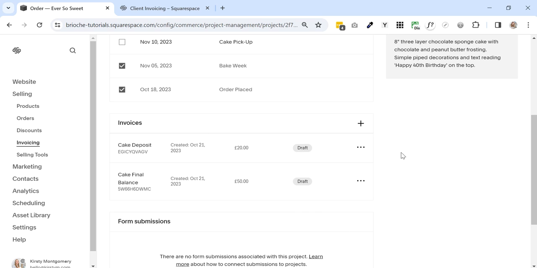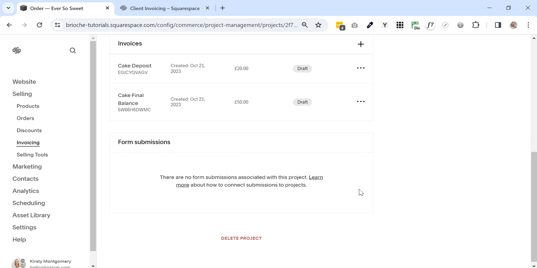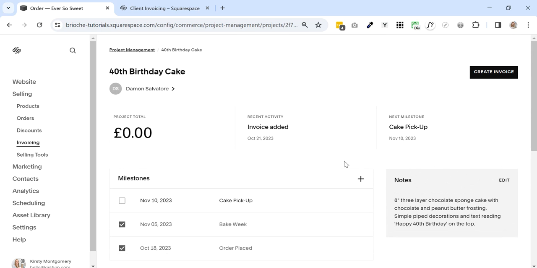But it just means going through the add invoice process twice. And you can see in this example, I've done a deposit for £20 and then the final balance for £50. This is set up in pounds because that is my local currency, but you can set this up in whatever your local currency is. At the bottom, there's this section called Form Submissions,